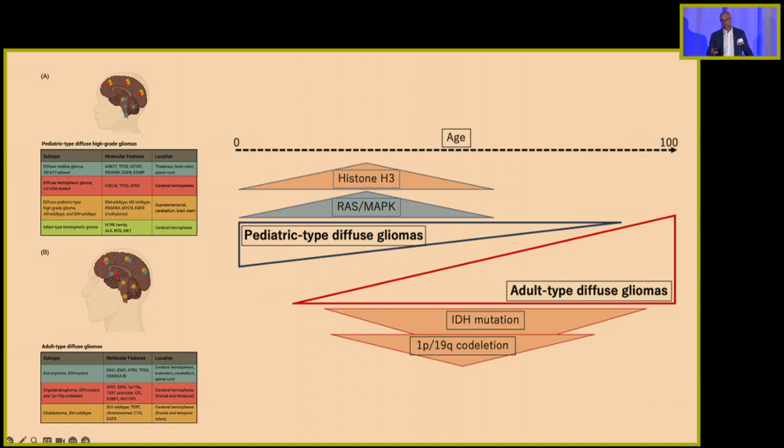And if we look at the incidence of these two different types, pediatric and adult type gliomas in our patients, you can see it's on a spectrum, as you'd expect. The pediatric type tumors are enriched in our younger patients, the adult type in our older patients, but there is a spectrum. And it leads to the fact that we see adult type glioblastomas in 12-year-olds. We see BRAF mutant diffuse gliomas in 50-year-olds.